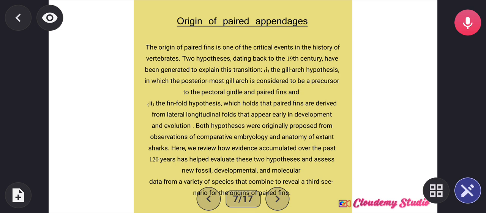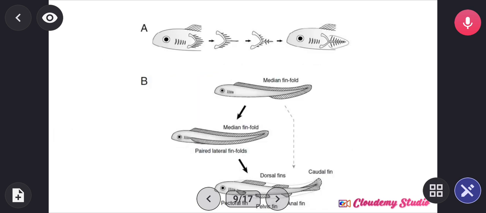You understand? So we said there are two theories. The first one is what? The first one is the gill arc theory. And the gill arc theory says that it is the gill arc that gives rise to the development of what? That gives rise to the development of the paired fins. You understand? While the fin fold theory says that what? It says that